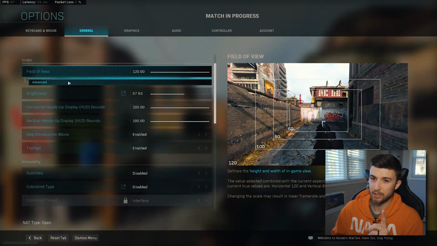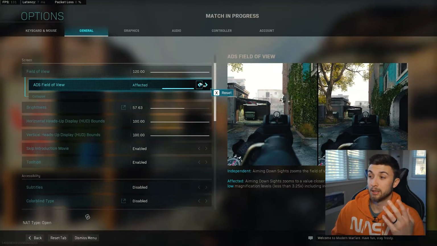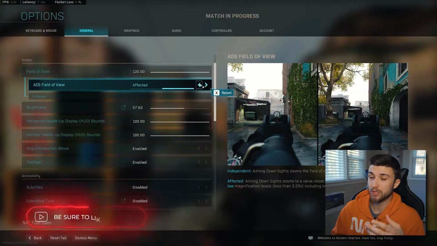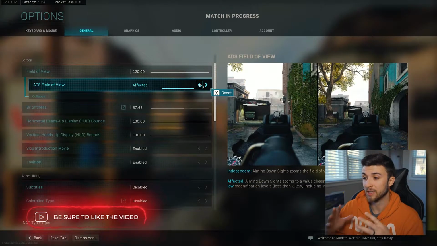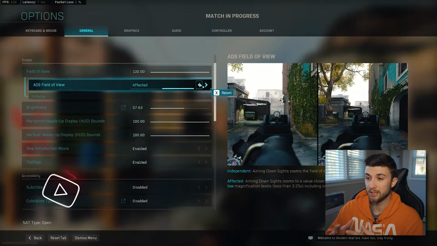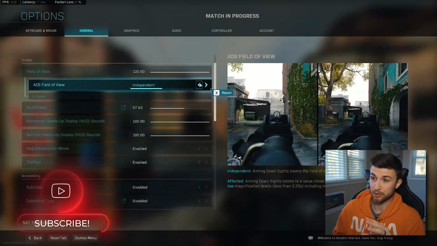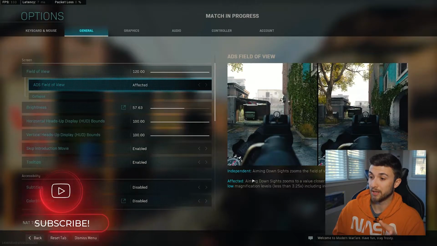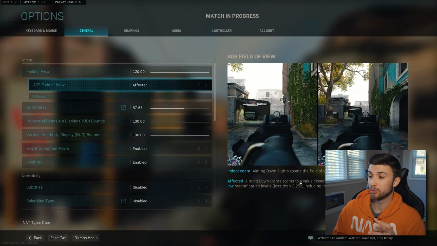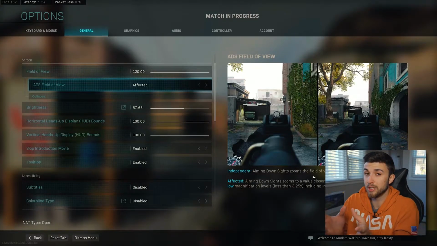view as possible. Now in your advanced tab, you're going to see independent or affected. Now, to my knowledge, I see most gamers using affected because this is going to have the least dramatic, I would say, change when you are ADSing. Now, I'm going to be showing you a side-by-side comparison as to what affected does compared to independent. As far as affected goes, affected is aiming down sight zooms to a value closer to the field of view setting. So basically, since I'm at 120, when at ADS, I'm going to be ADSing to a zoomed in value